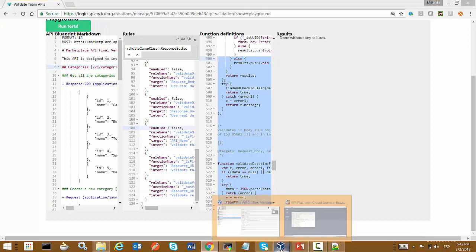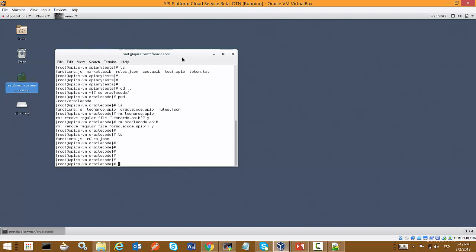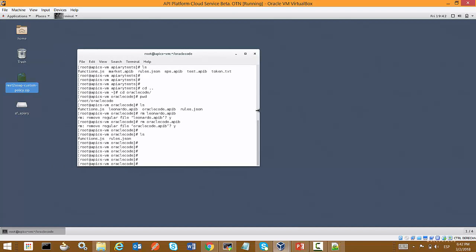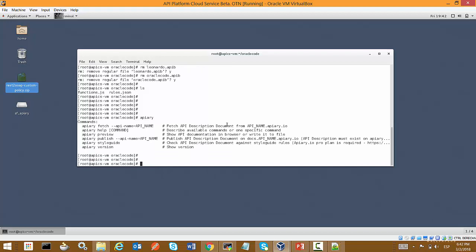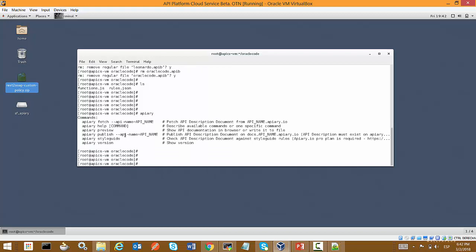For that, Apiary offers a command line interface, which is Ruby based, that you can download from GitHub, and it has these 6 options.